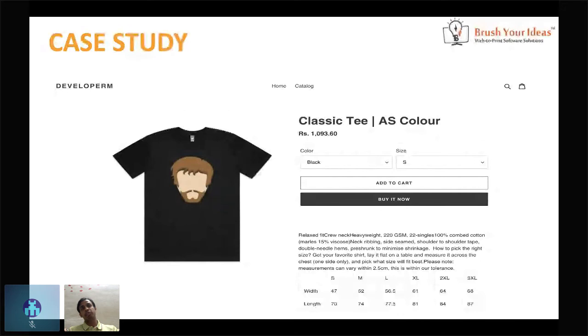Now if my end customer purchases this particular product, that order will be available to the super admin account. He or she will fulfill that order, print it, and deliver it to my customer on my behalf, and I'll receive a specific commission. That commission is calculated based on the price difference I put on, $10 and $15. This is how we have developed multiple solutions for multiple customers. These are different types of marketplaces: B2C, B2B, and C2C, customers to customers. We can have solutions developed.